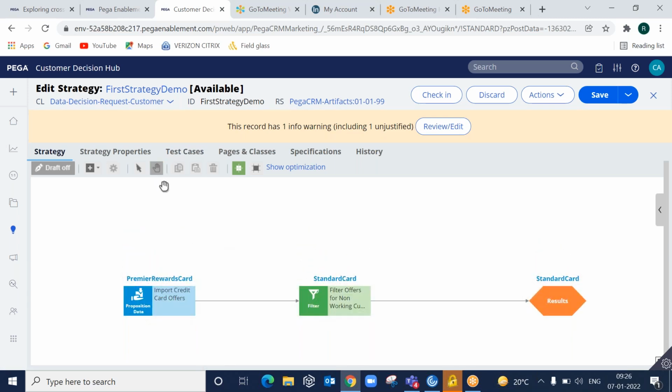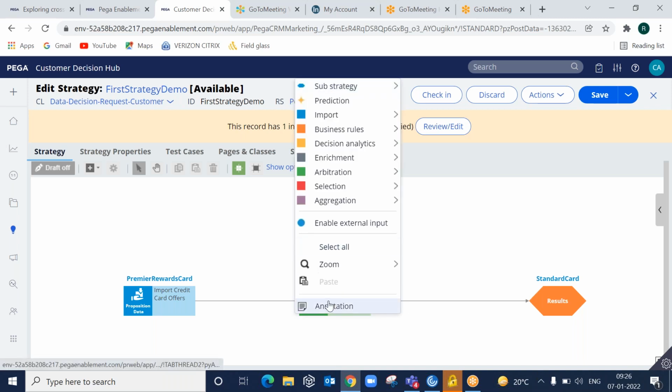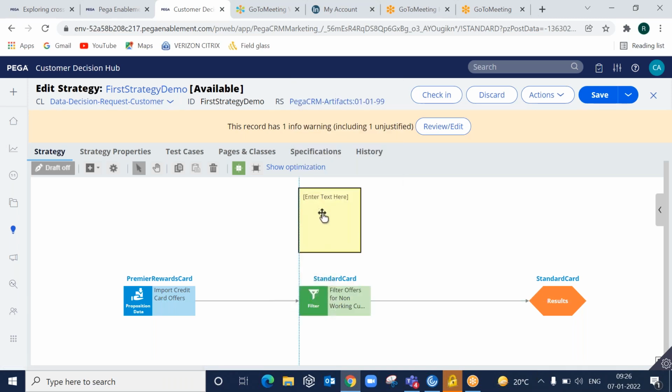Now switching back to the select mode, I just come down, select again. Then let us add an annotation here. I'll just right click, annotation. Annotations are not part of any functionality or any logic. These are like comments, right? In data transform, we give comments, which indicate what you are doing. The same thing you can do by using annotation, just to provide some information on what this particular logic is doing here, so that the other decisioning consultants can see and read what you have done.